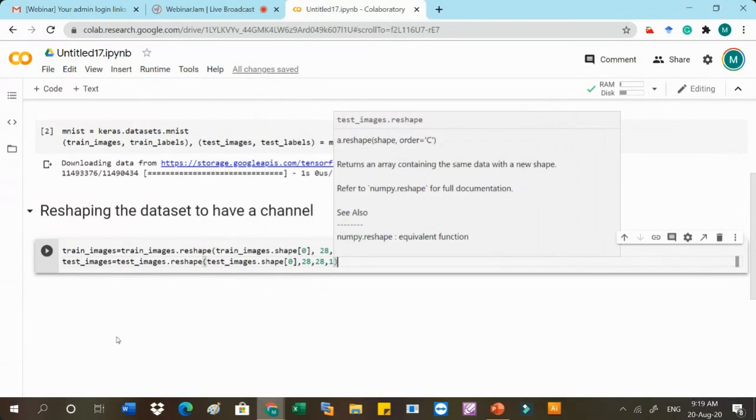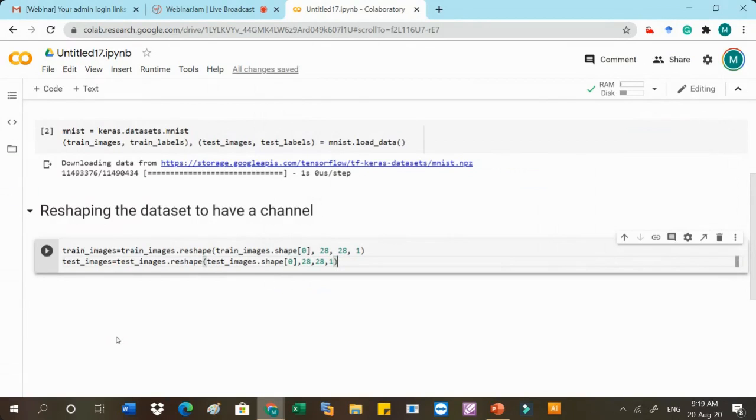So here we have defined the number of channels that is required for our CNN. Let's execute these statements. So now we have reshaped the images.